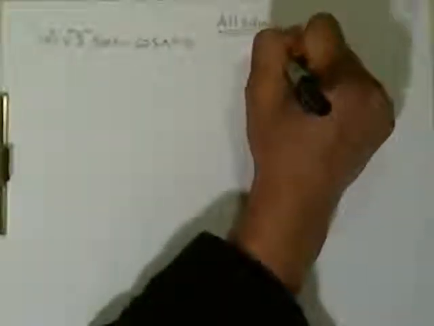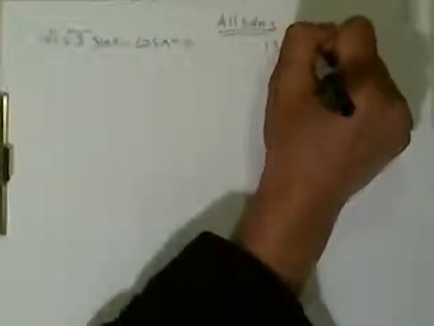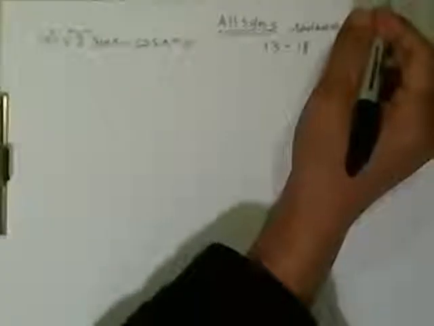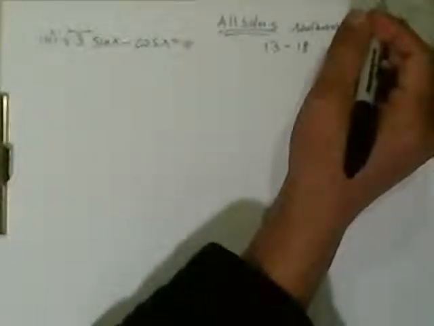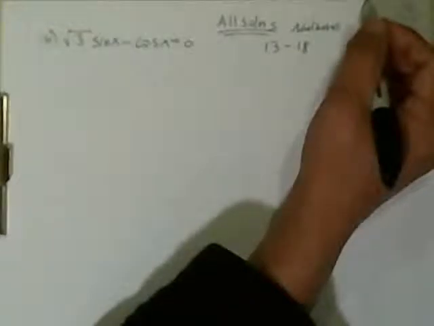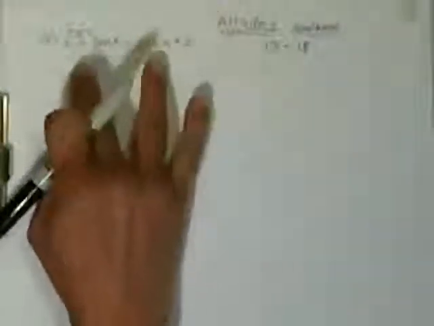So for problems number 13 through 18, we are not going to do parametric equations. That's out of the scope for most teachers. So we're going to do 13 through 18 in radians. Okay, these are the rest of the directions. So let's get started. First, we're going to do, if you square both sides,